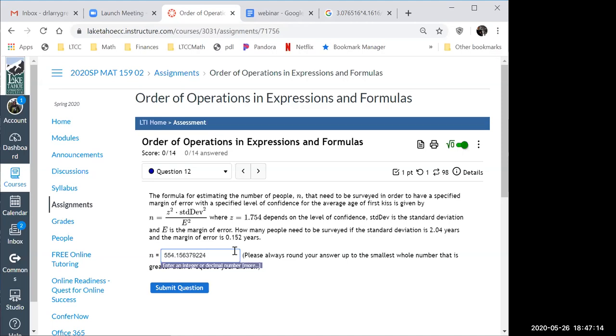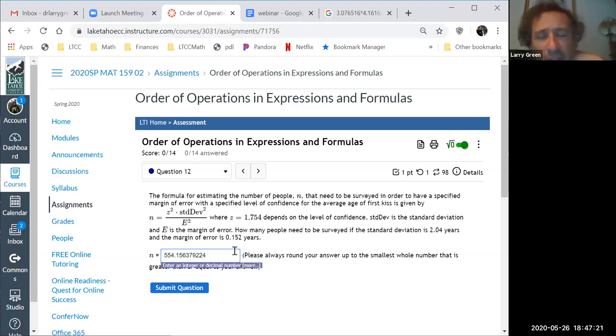Okay, what's wrong with that? It's not a whole number. Yeah. Because remember, and this is important in stats, you should always read the question. It says, how many people need to be surveyed? Well, you can't survey